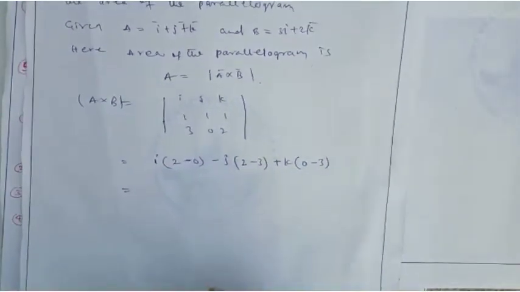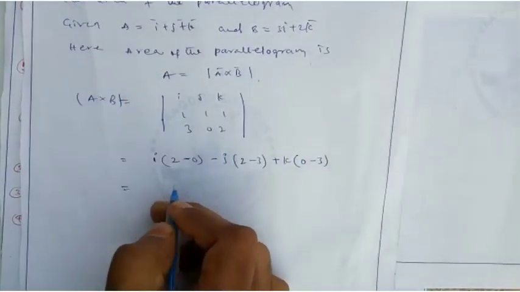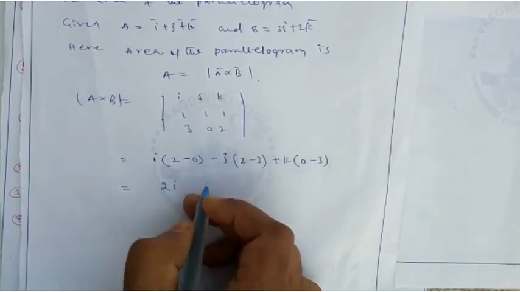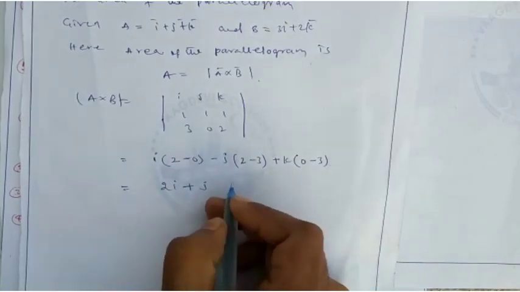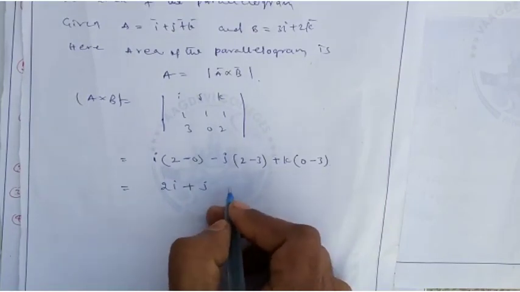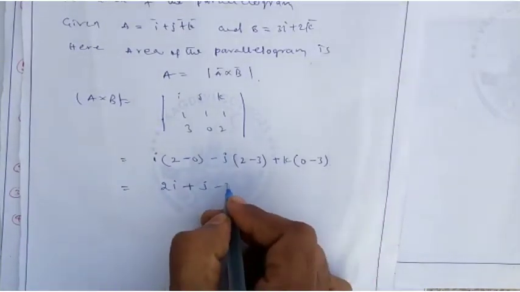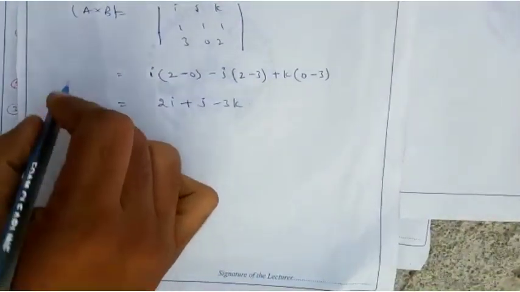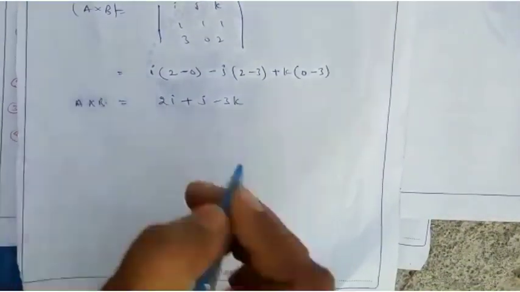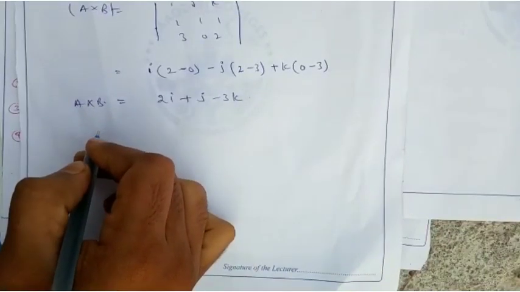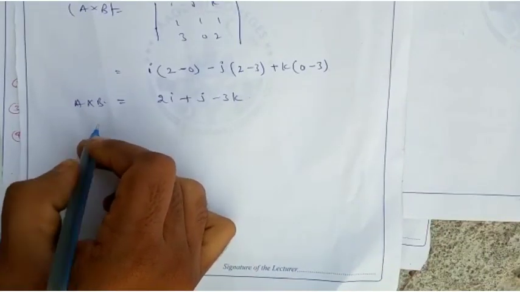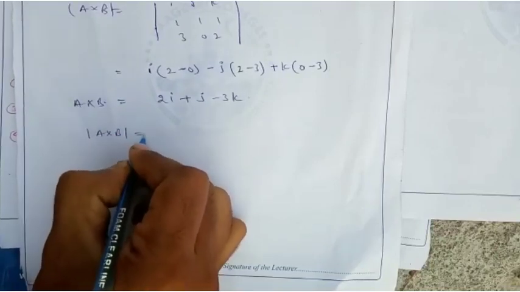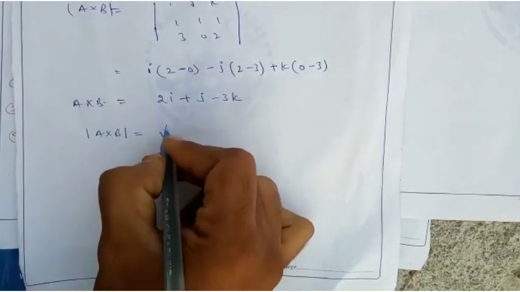Which is equal to 2i plus j minus 3k. This is the value of A cross B. Now we need to find the modulus of A cross B. Modulus of A cross B simply is under root of